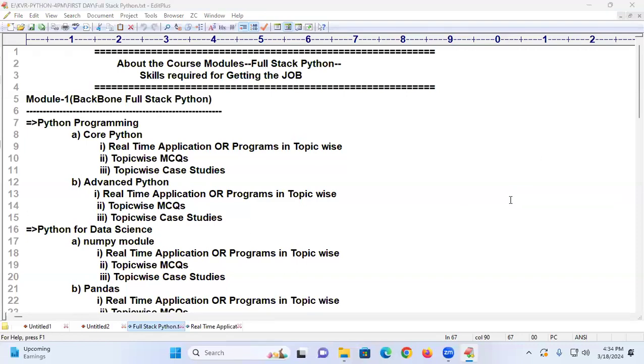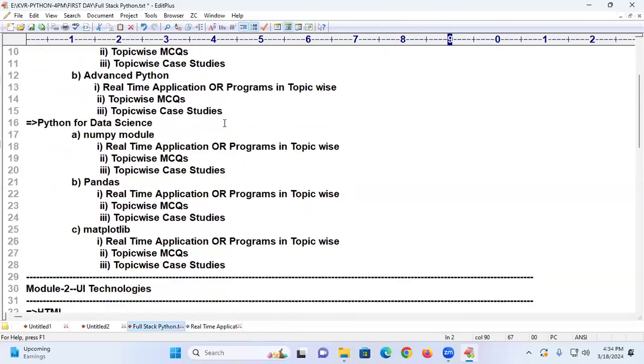Try to follow. So I'm not going to give you links like beginners, intermediate programmers, degree programmers, not like that. This is full stack Python for professionals. And to work in the industry, the skill set I just prepared, we are going to discuss.